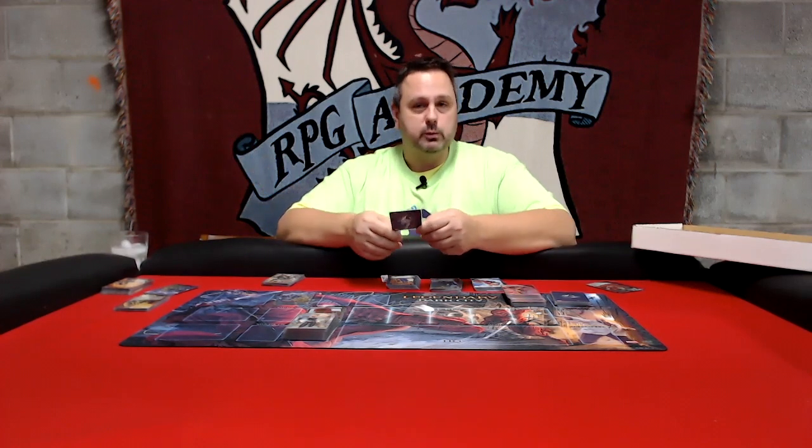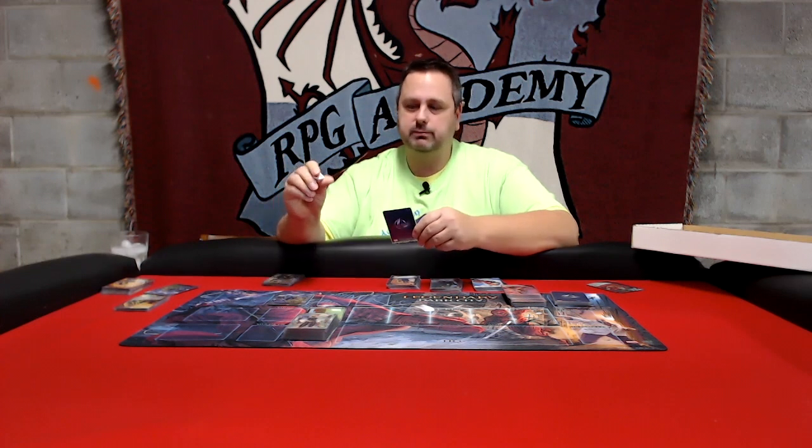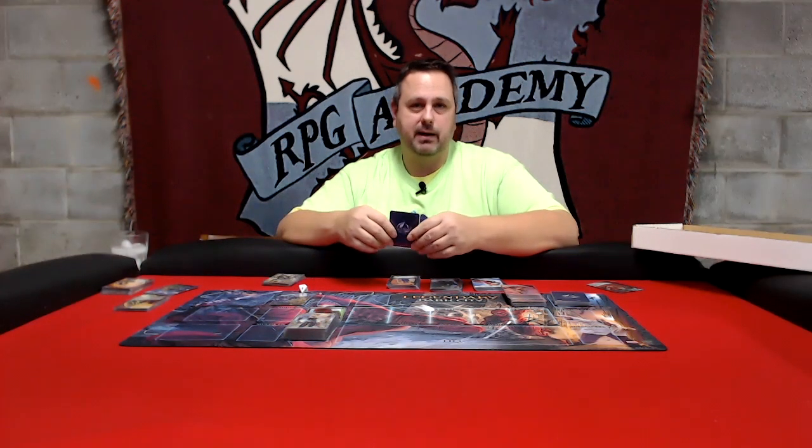Now, the special rules for this scheme is whenever a bystander in the villain deck comes out, it is considered a killbot. So it means it's not truly a bystander, it's a killbot. And it has an attack value equal to the number of twists next to the scheme. So we're starting with 3, and I have a die here. It's an 8-sided die. I'm going to use it to help myself. I'm going to put it on 3 so that I know that when these killbots come out, they are value